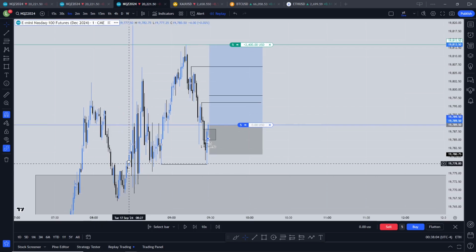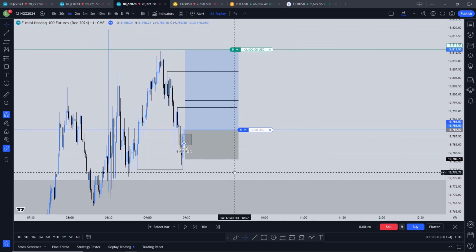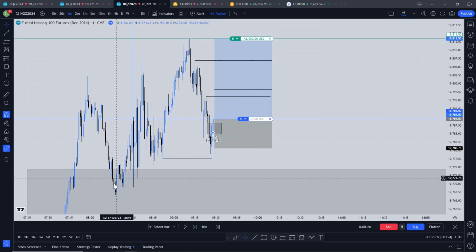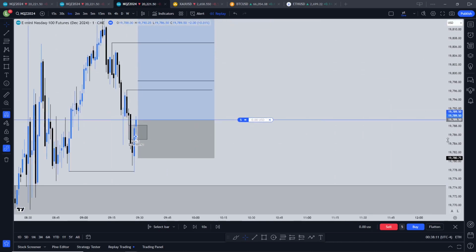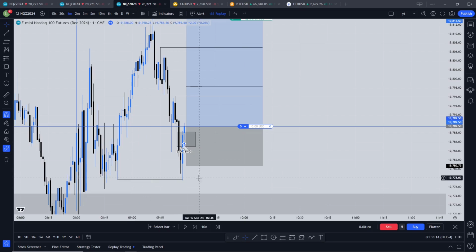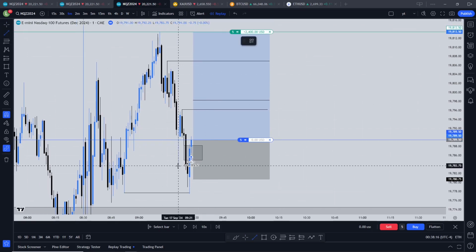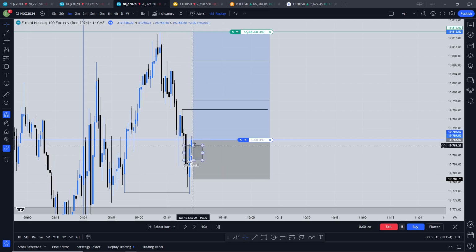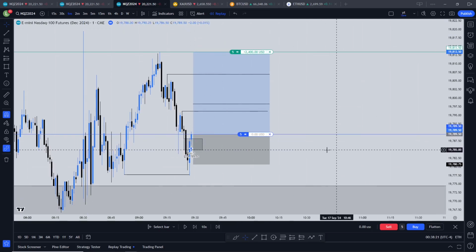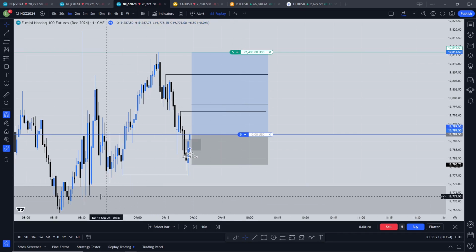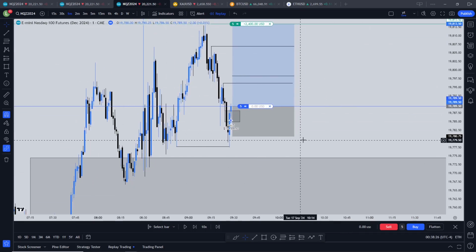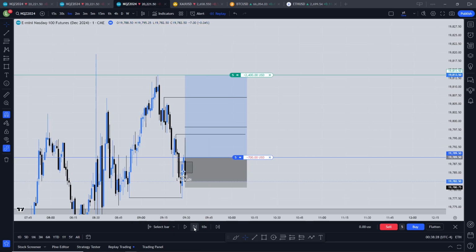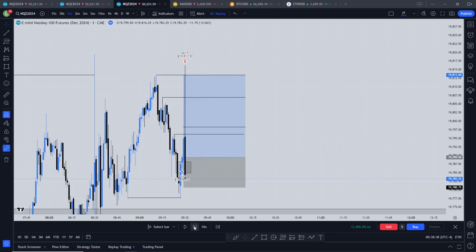So we did come back to this 15-minute fair value gap here, this bullish. So that is the only real sign that we have for our bias. But we do have a liquidity sweep here. We also swept this. We have an inverse fair value gap. We have our entry model here with a pretty decent bullish bias. We're rejecting off of this 15-minute. So let's see. You can see right here, price does go down a little bit, but does go up. That's why our stop loss is a close below. So here, you can see it hit the full